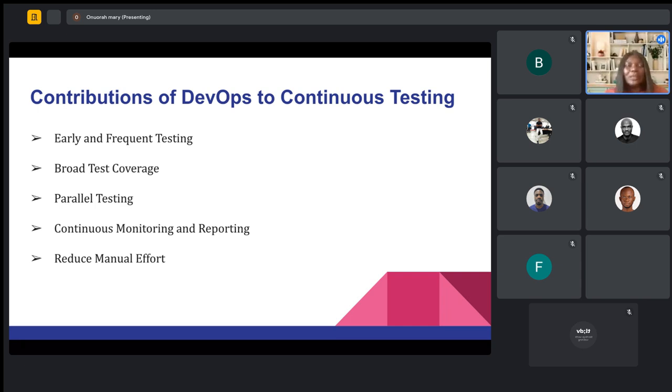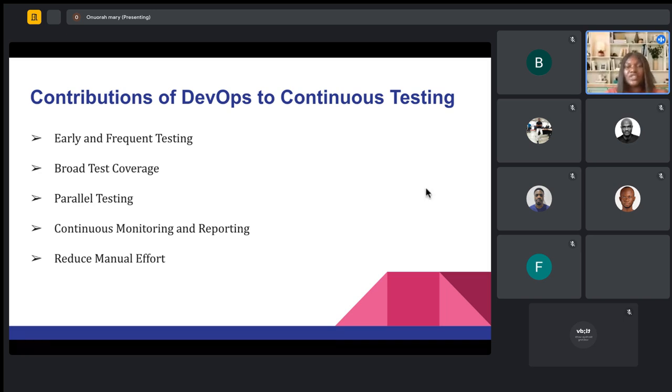When developers push their code, they already have feedback on what their code is looking like. Is it breaking something? Is it causing some error? And they're able to fix it immediately.